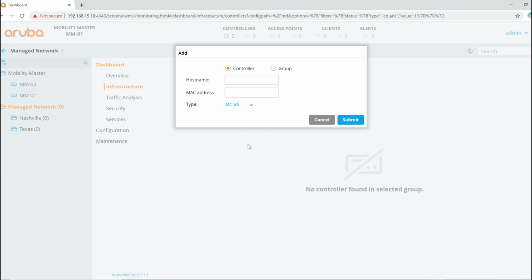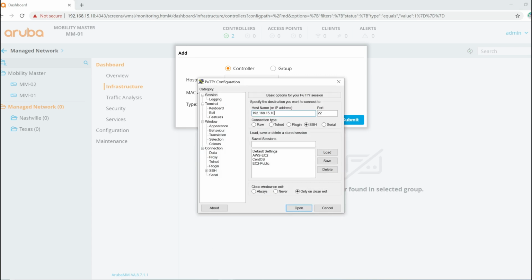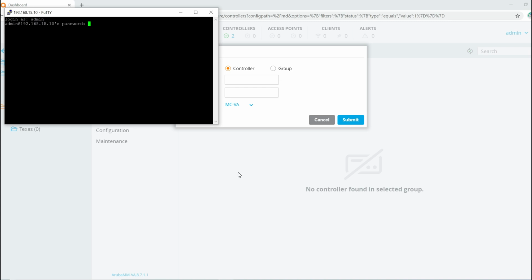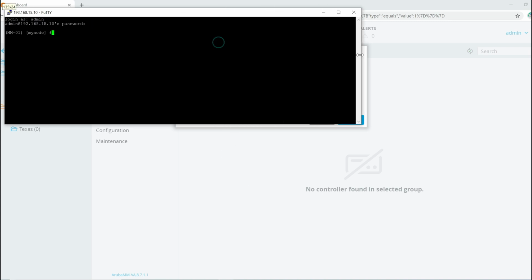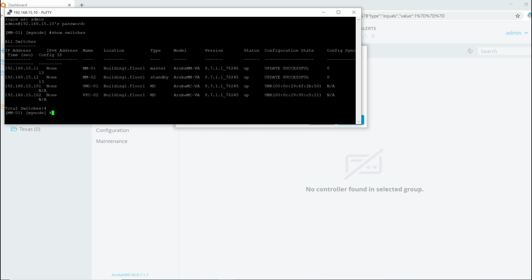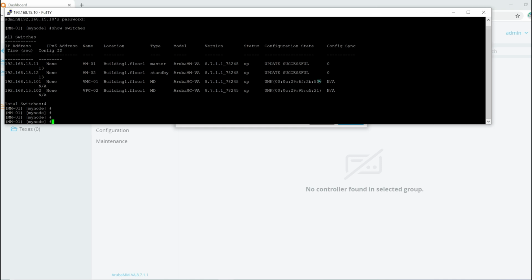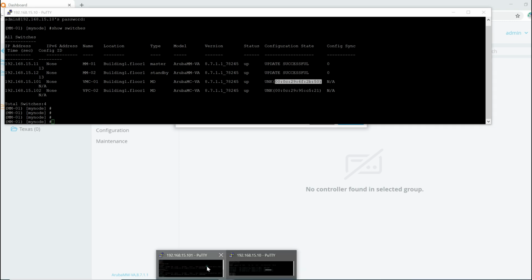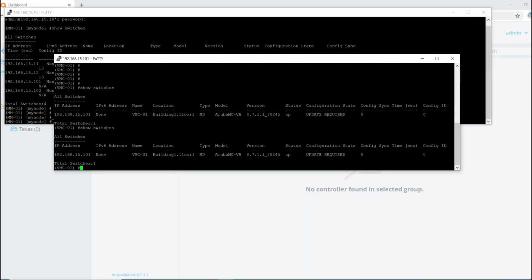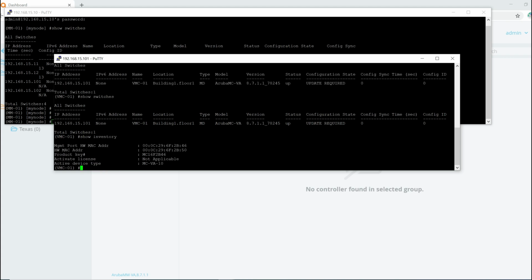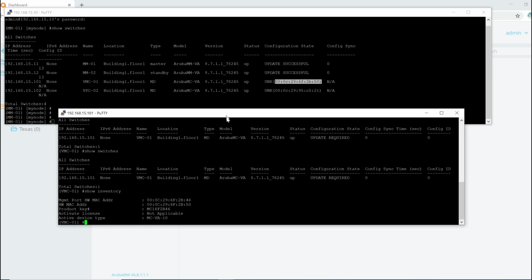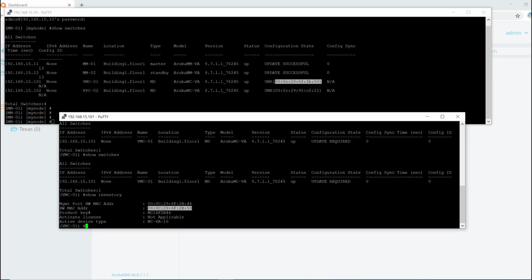Before I do that, I need to capture my MAC address. So log into my mobility master. All right, here we go. We see the MAC addresses here. 101's MAC address, so copy this one. This is your hardware MAC address. I'll show you how else you can get this one. Go back to your mobility controllers and you can do show inventory. Here's that same one. All right, so here's the hardware MAC address, which is the mobility controller's MAC address that you need to